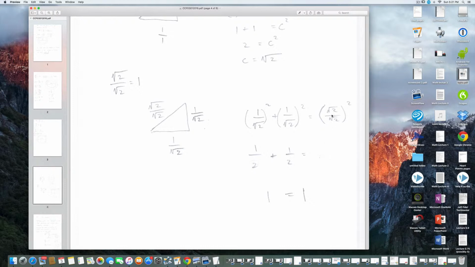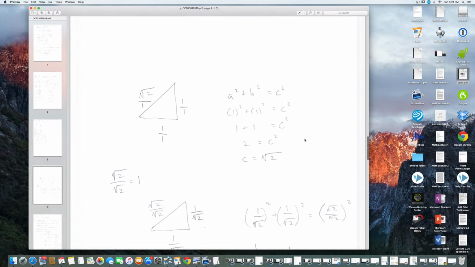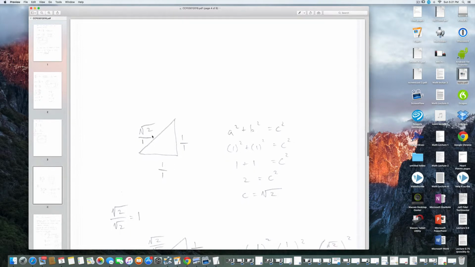I think it's faintly there, but it should be 2 over 2, which then becomes 1, right? Square root of 2 squared is 2, over square root of 2 squared is 2, and that becomes 2 over 2, and it becomes 1. So 1/2 plus 1/2 equals 1. 1 equals 1. So anytime we write a number, we're actually saying, without anything under it, we mean that it's